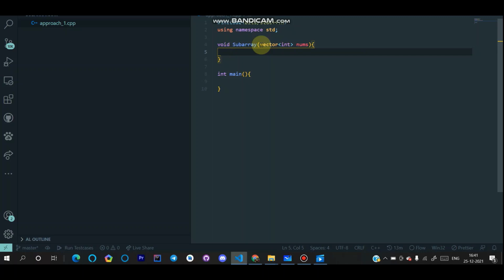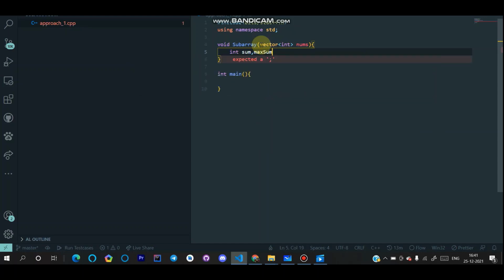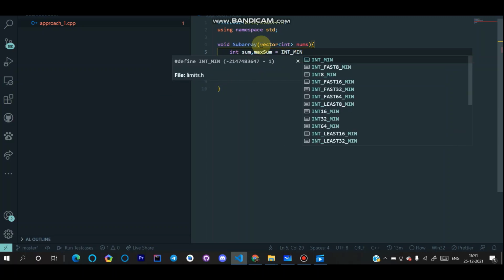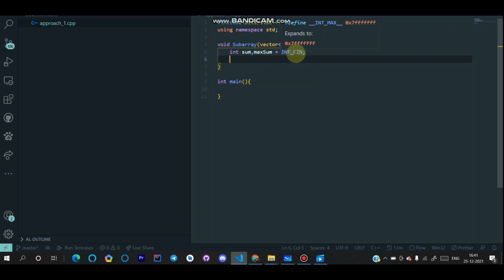and first we declare a sum variable as we would find the sum, and a max sum in which we would store the maximum sum. Max sum equals INT_MIN. We store the integer minimum value in it. Okay, we are not storing 0 because the subarrays might have only negative elements. So we have to return the least negative element, but if we store 0 here, when we return the maximum it would return 0, which is false. Okay, so we declare an INT_MIN here.